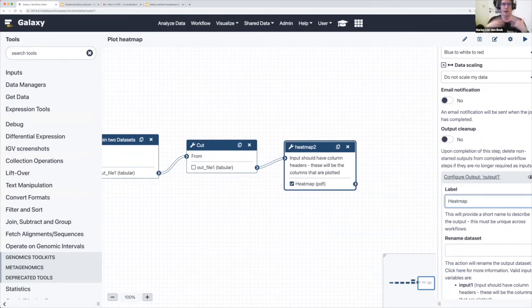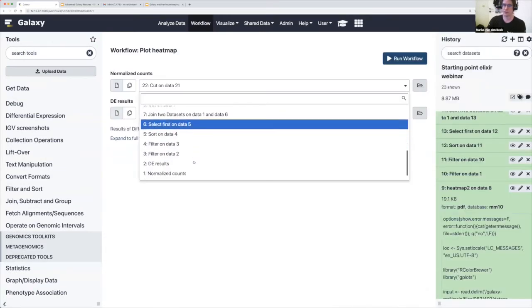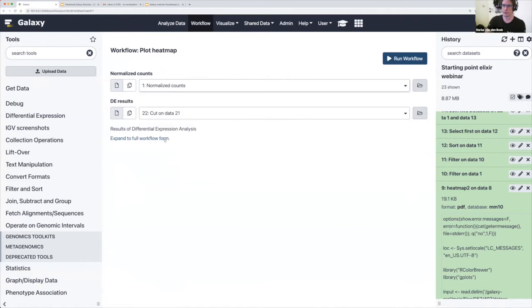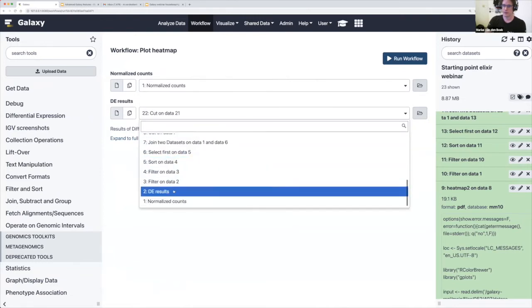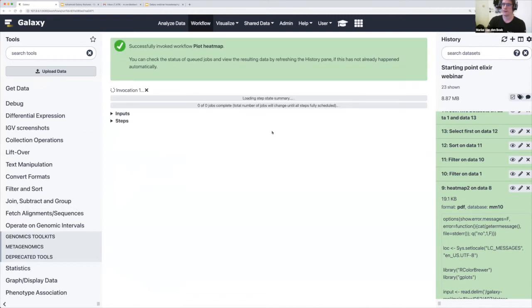And so this becomes a workflow output. If we save this and run it, you will see that the intermediate data sets are not going to be produced. So let's select the right inputs. Now if I click on run workflow,